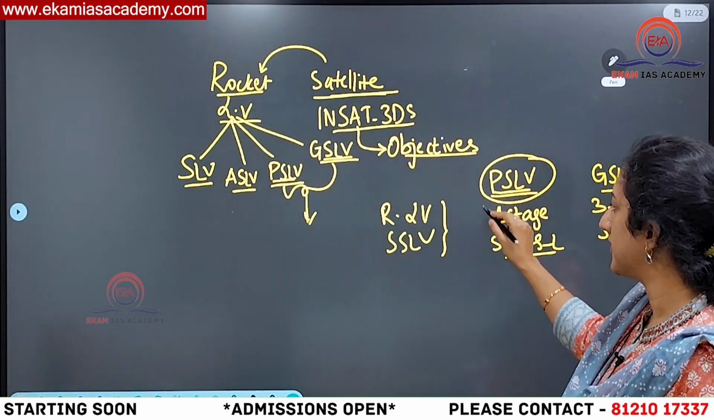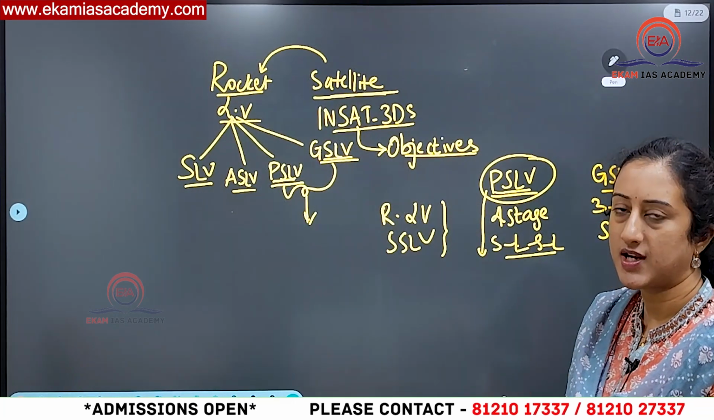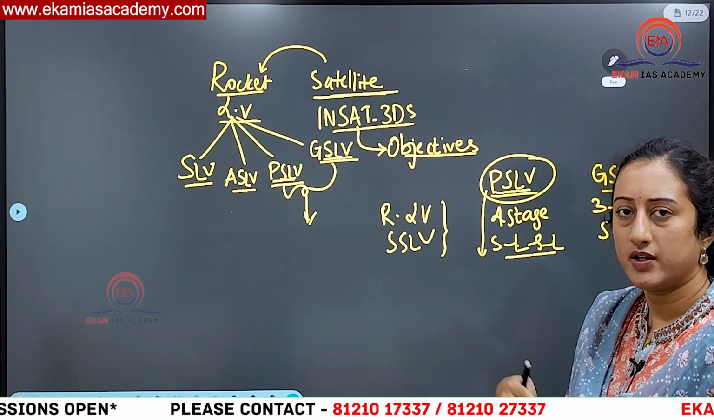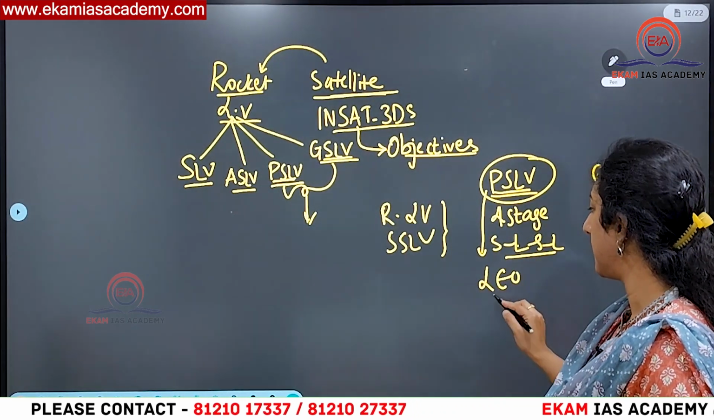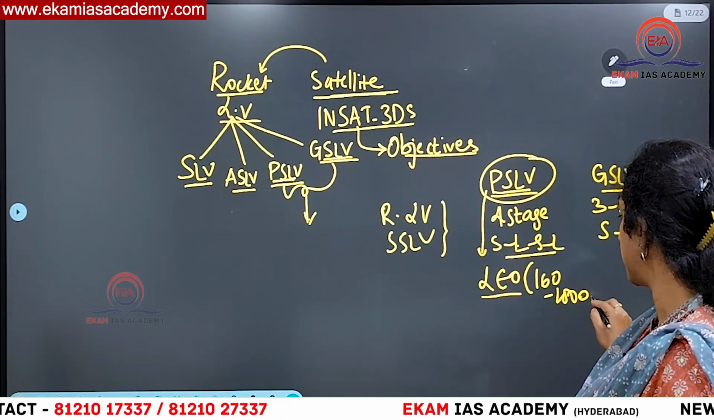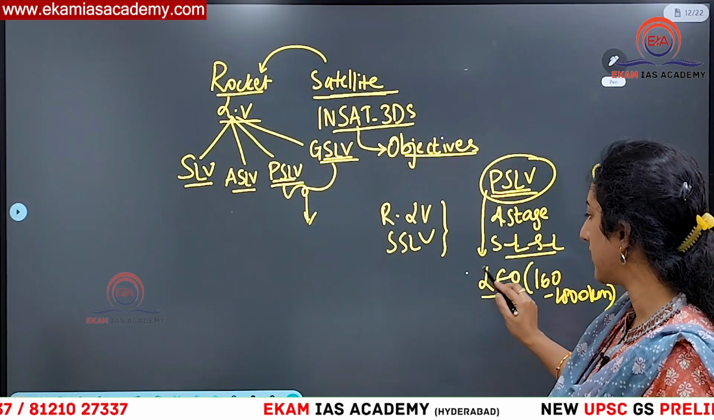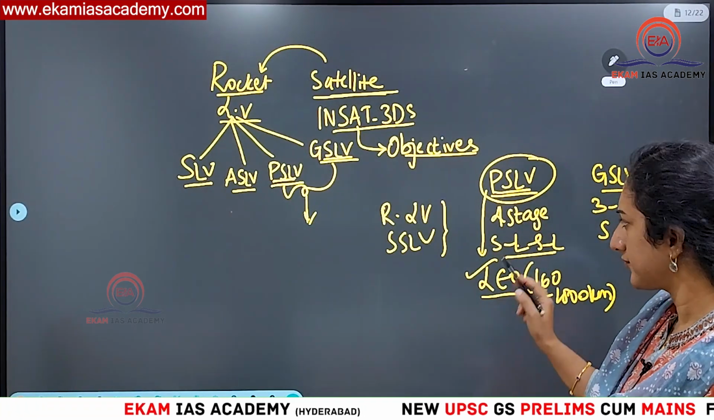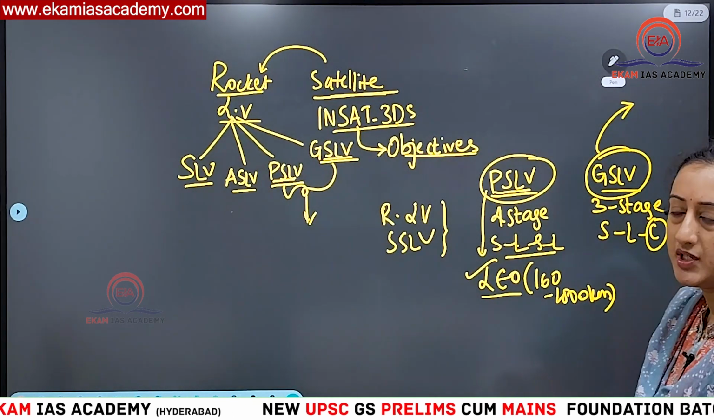PSLV has a huge success rate, but still it cannot lift off heavier satellites, and it cannot place those in very distant orbits. That is why it is mostly for low Earth orbits, that means almost from 160 kilometers to 1000 kilometers of distance. In case you wanted to use any Earth observation satellites, then you can place them in this low Earth orbit using PSLVs. And also GSLVs, if you see in recent times,